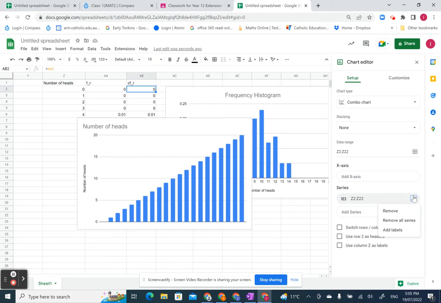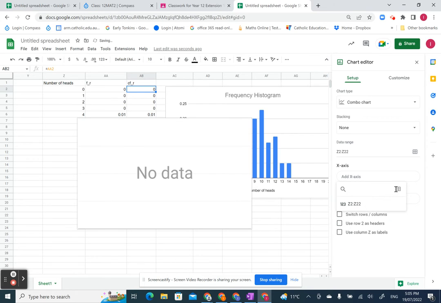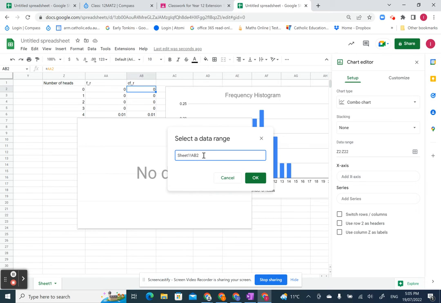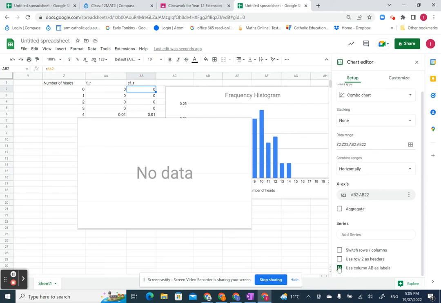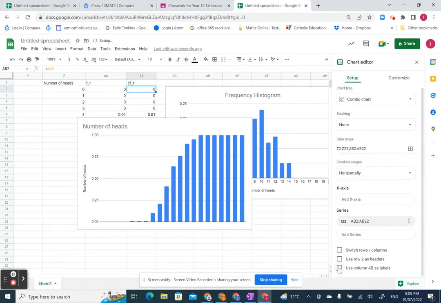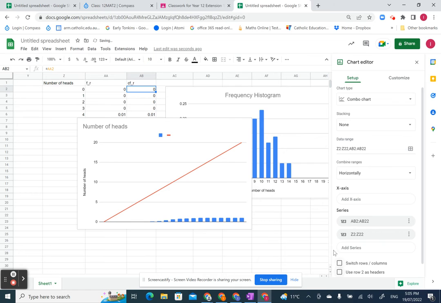I want this to be AB22. So let's go here to AB22. And I don't want to use column Z, I want to use Z as labels. So I'm going to add a series. I'm going to add that one. And I'm going to use,